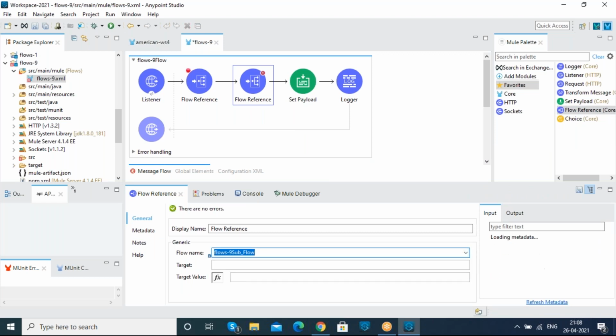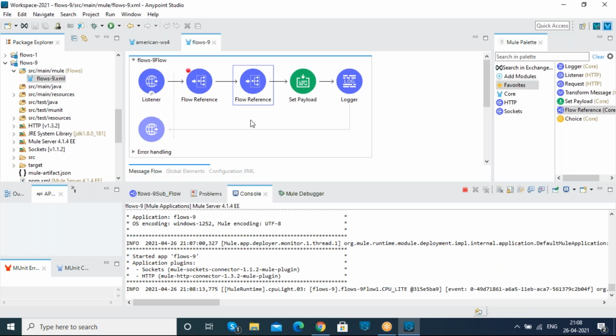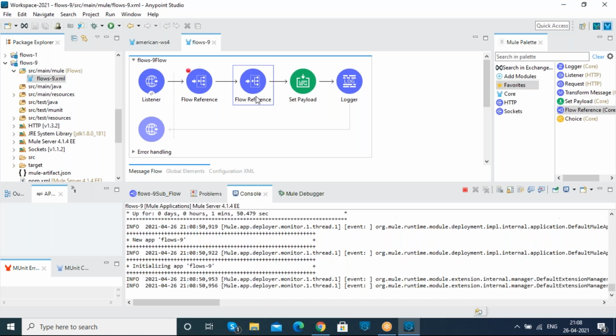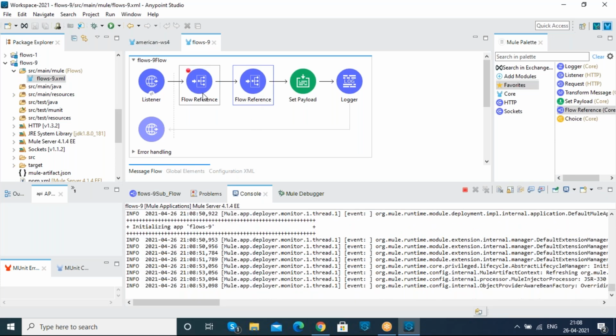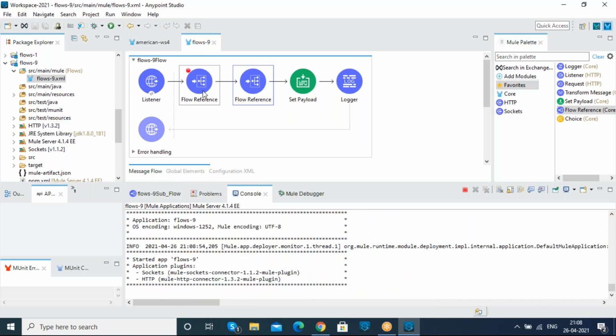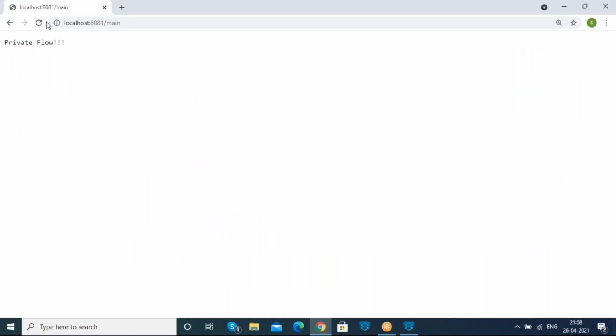Now the subflow will be picked as our end response, since the subflow set payload connector is overriding the private flow set payload connector, so the subflow set payload connector will be picked as our end response.